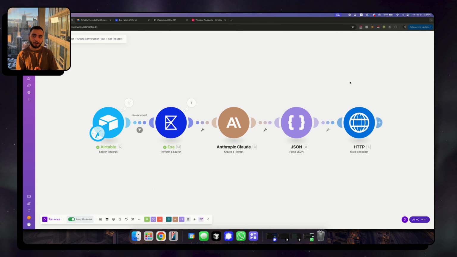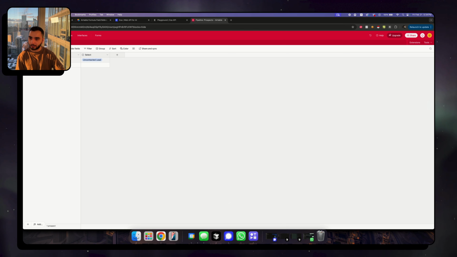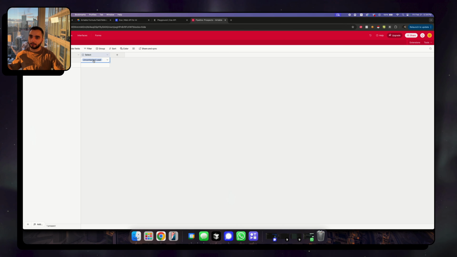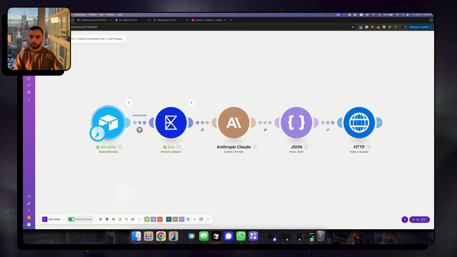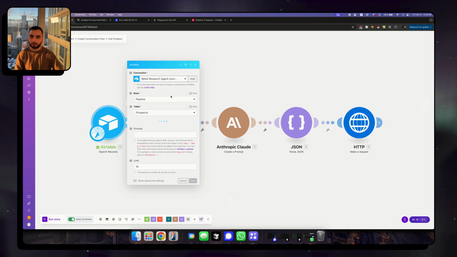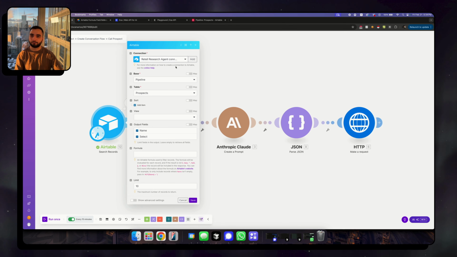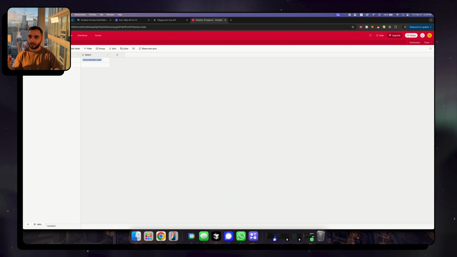So it's very straightforward to implement, and I hope by the end of this video, you're able to take what I show you here and implement this into your own use cases. I'm going to keep this very simple. So I have an Airtable here with just my name on it, and the status is set to be uncontacted lead. So in here, I just connected my Airtable to make.com, and we've connected to the exact table and base